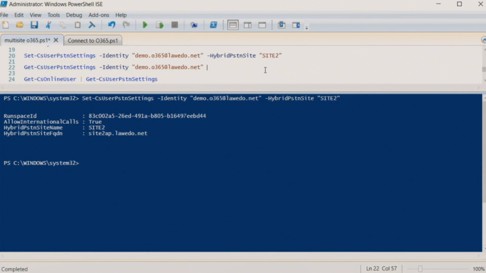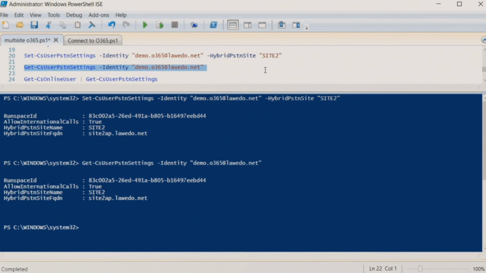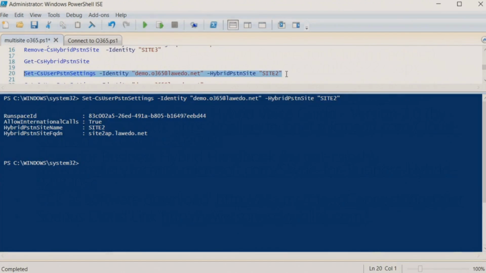If you use the get CS online user, if you use the get CS user PSTN settings, you'll see what site it has. Then I discovered a little bug when I ran the something missing. See, the demo gods are on me.